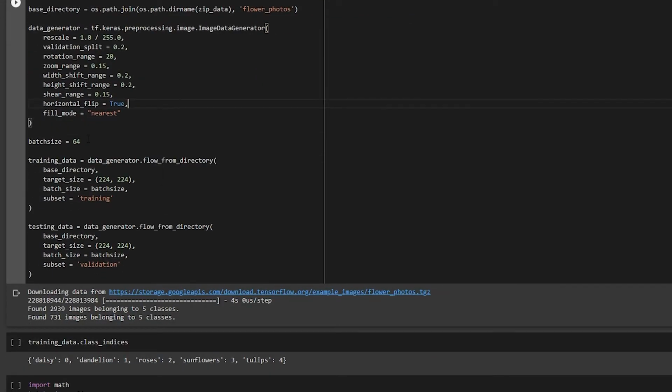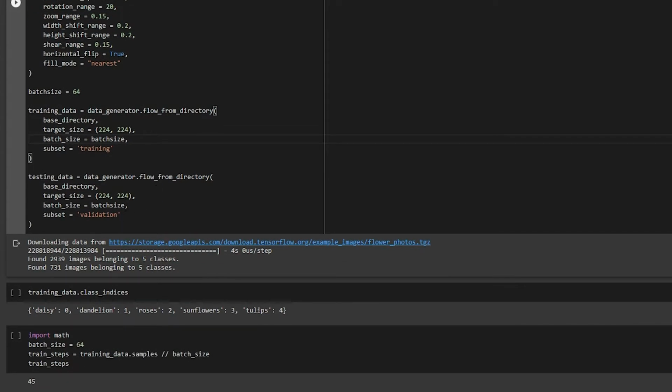After that I'm taking the batch size as 64, because I cannot just take 3000 or 4000 images in one step. So for that I'm using something known as batch size. This batch size is going to take the data in consecutive batches of 64 values. Then I'm giving it for training. I'm preparing my training set where you have to say subset is equal to training. It is going to make the splits of 80% and 20%, with a batch size of 64. It is going to help me pre-process the image data. That is the task of the ImageDataGenerator.